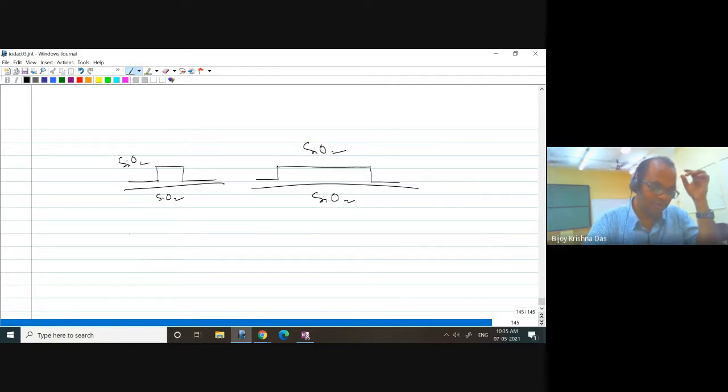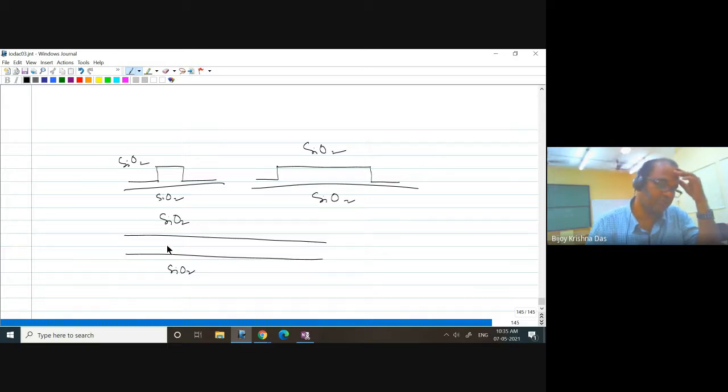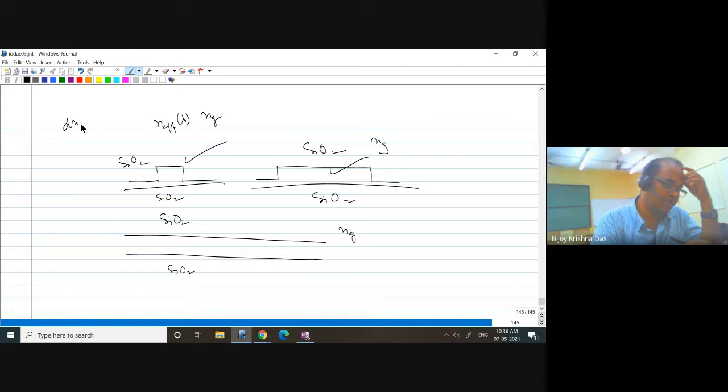Now let us consider that you are considering only a planar waveguide, SiO2 and SiO2, extended infinitely in one direction. Will this one be more dispersive, or this one? You just consider the fundamental mode for all. You solve, and here you are getting an effective index, or you are calculating an effective Ng here, and an Ng here, and an Ng here. Or you are trying to get dn effective by d lambda.